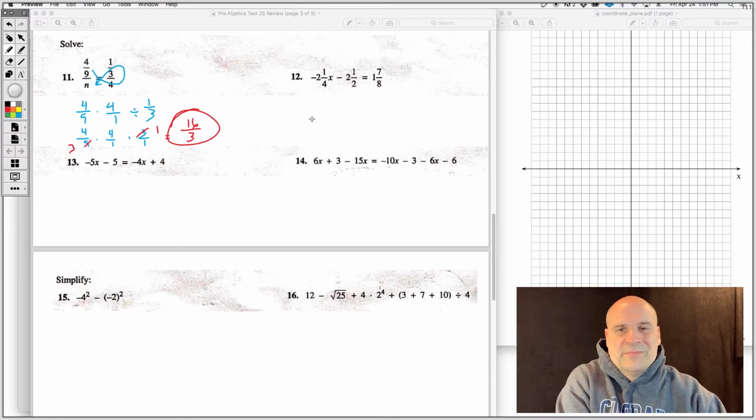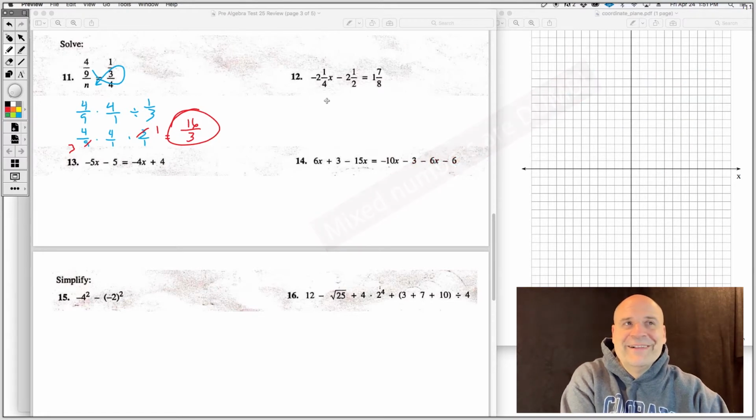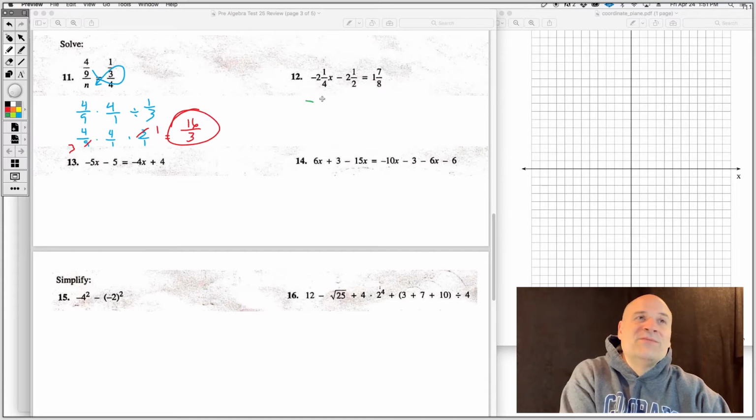All right, number 12. What do we think of mixed numbers? Yeah, me too. I don't like them. All right, let's change it to improper fraction. This is negative 4 times 2 is 8 plus 1 is 9 over 4. So negative 9/4 x minus 2 times 2 is 4 plus 1 is 5 halves equals